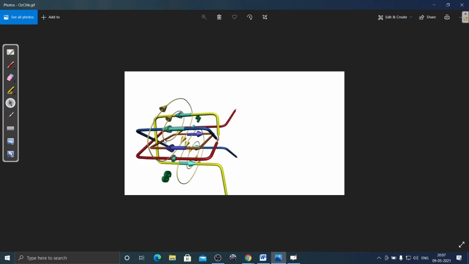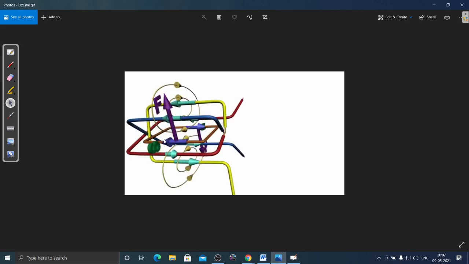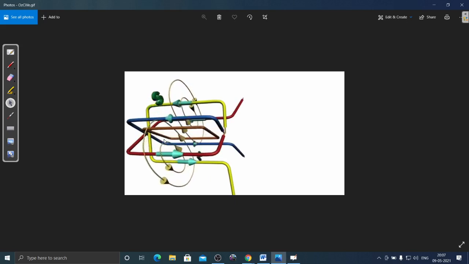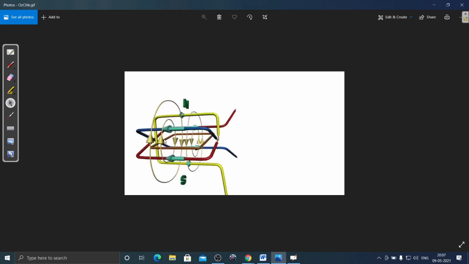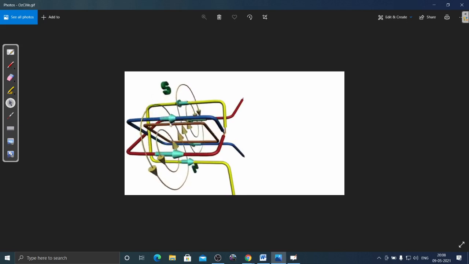This phenomenon induces torque on the conductor. Torque means the twisting moment on a conductor. This torque is also known as the electromagnetic torque. The direction of the electromagnetic torque and the rotating magnetic field is the same, so the rotor starts rotating in the same direction as the rotating magnetic field.